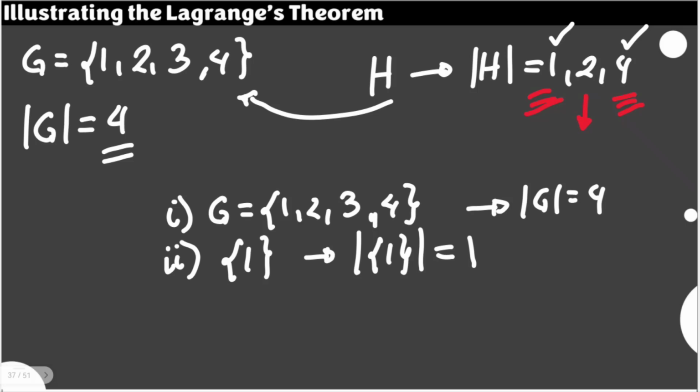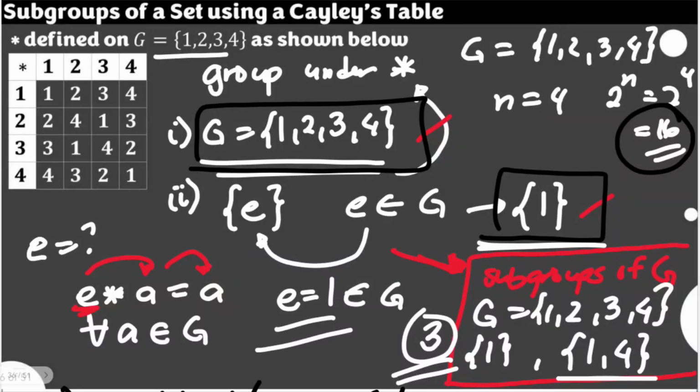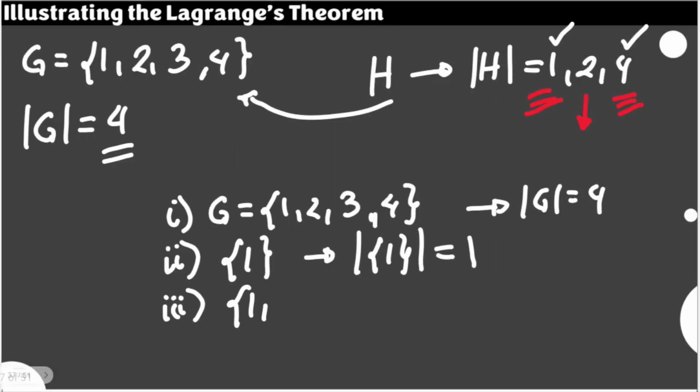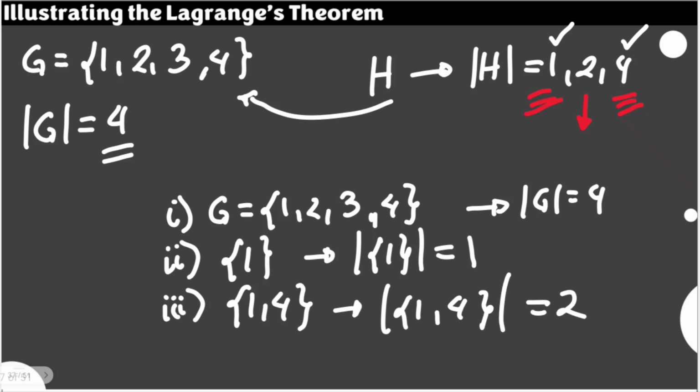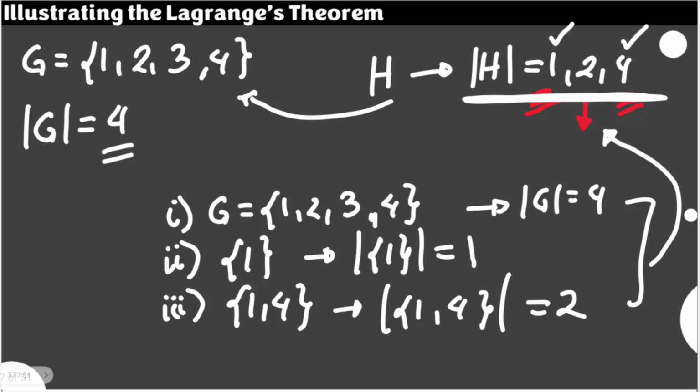And take note of what our third subgroup determined was. It's actually the set containing 1 and 4. So the set containing 1 and 4 is the third subgroup that we have determined, and the order of this, I don't know if I'm using the correct notation, is actually 2. So all of this is connected, and this is further proof that the Lagrange theorem is helpful in identifying the subgroups. Because if we start with this, we are guaranteed that the set itself is counted, the set containing the identity element is counted, and only then I'm going to look at pairs of elements.